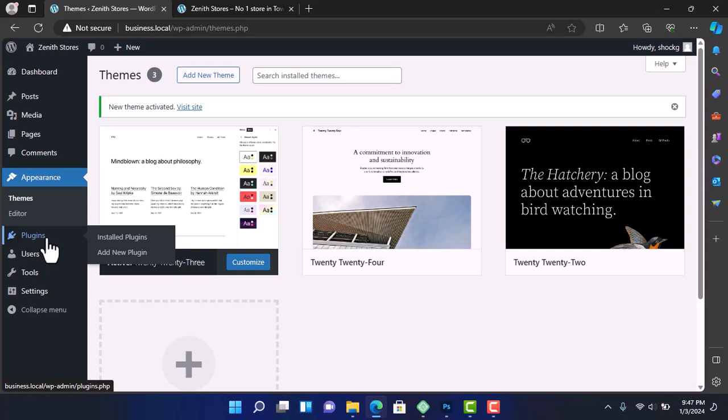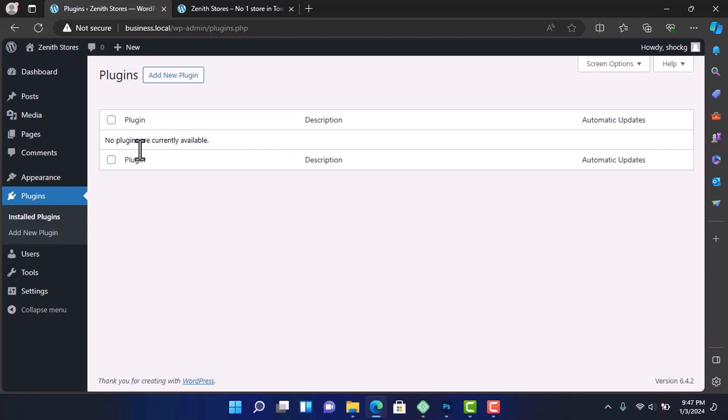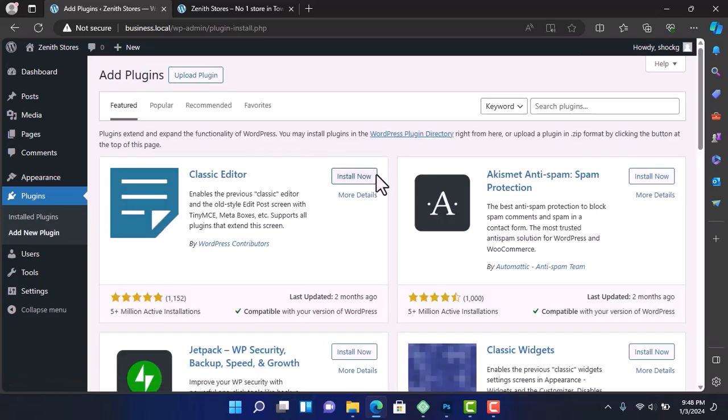Next are the plugins. If I go to installed plugins, currently we do not have any plugin. Now what are plugins? Plugins add functionality to our website. If I want to add a new plugin, I will simply click on add new plugin, and you can see we have a list of plugins